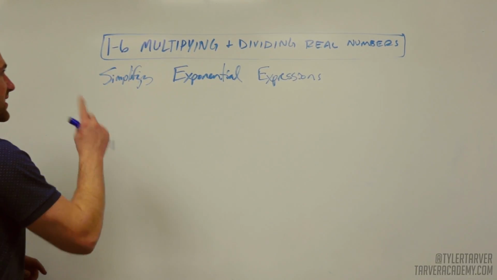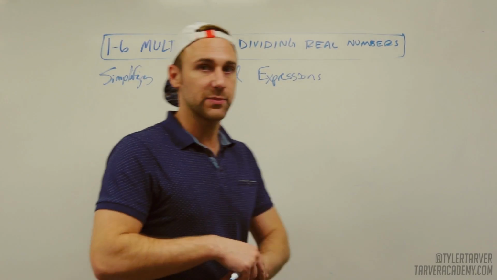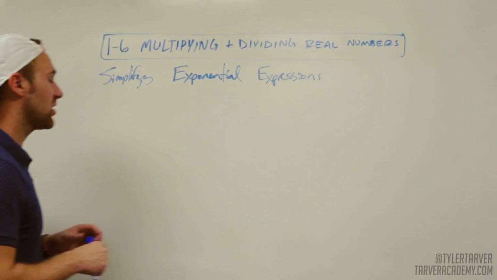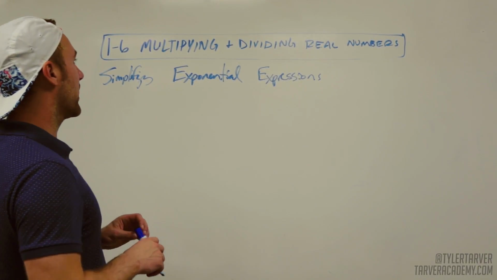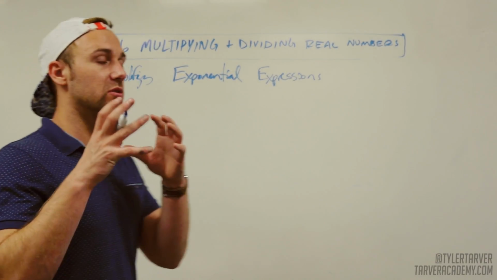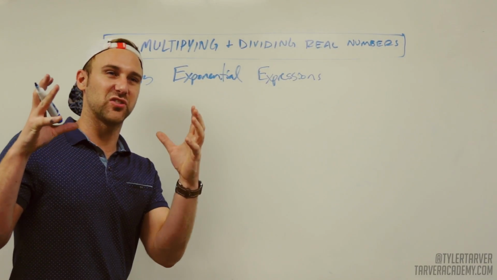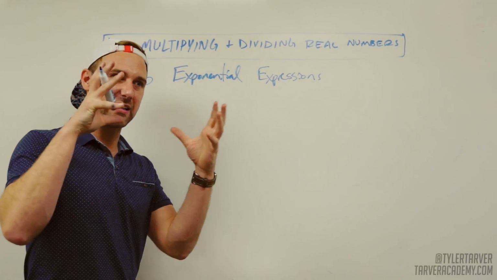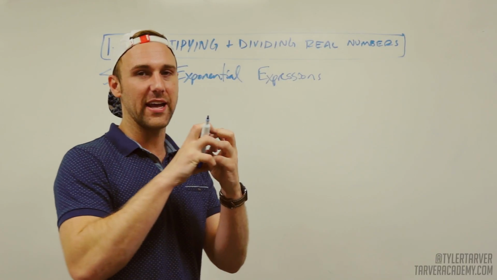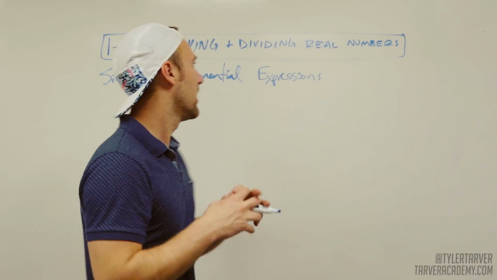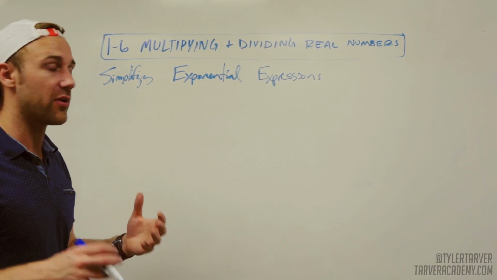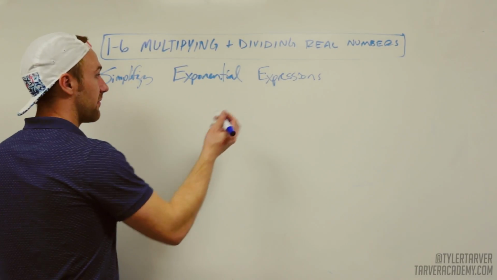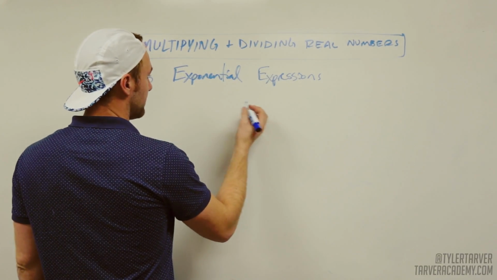I want to talk to you about simplifying exponential expressions. So what we're going to do here is simplify, which means you're not solving it, but you're making it the simplest version possible, breaking it down until you get to as compact as you can. And exponential means it's got exponents, and expression just means it's a math thing. So let's start with